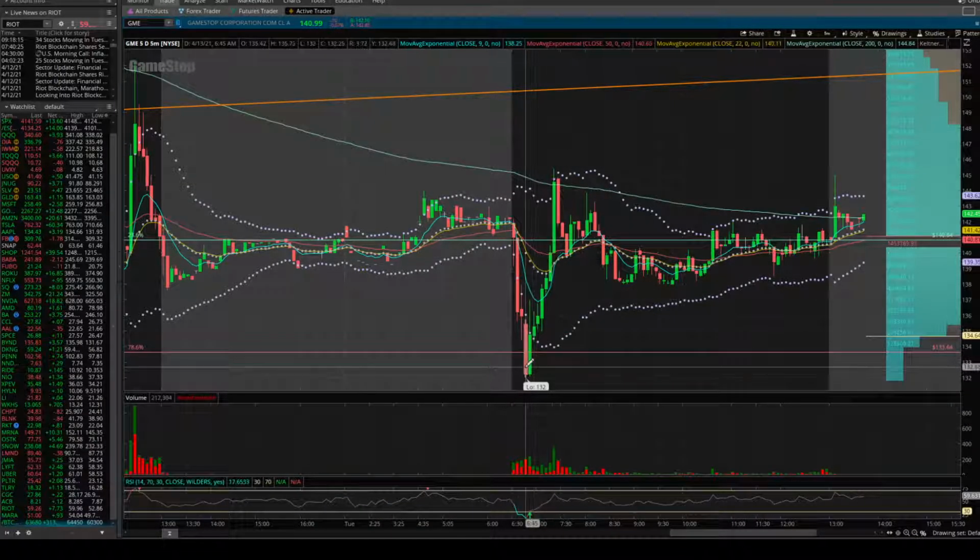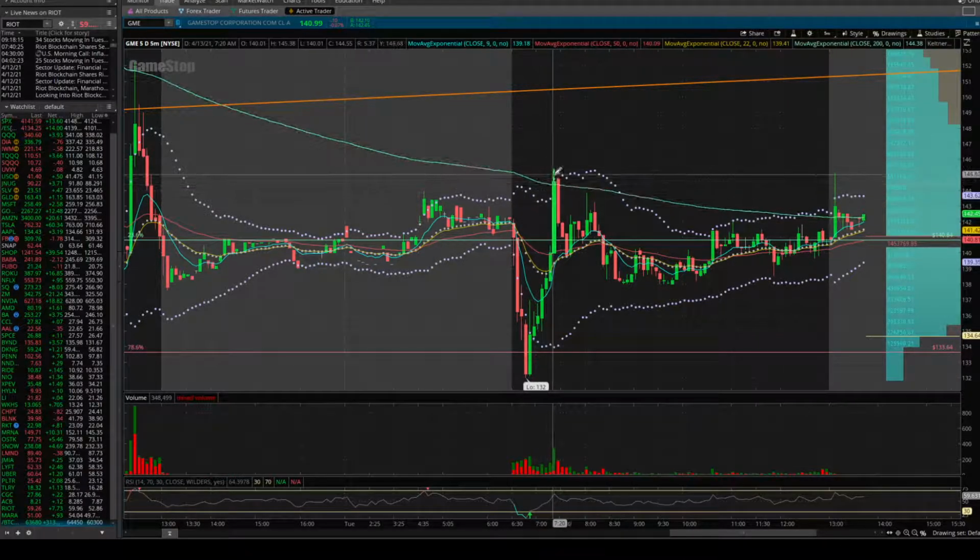See, you got that quick sell-off in the morning, right? That quick push down to 132. Buyers come in pretty strong, really strong, aggressive change in trend here. So first 15 minutes we get a sell-off, and then the next basically 45 minutes pushes back up, but we can't get over the 200 EMA, and that's basically acted as overhead resistance for the day, except here after hours we poked through, got some decent volume after hours. Wick us all the way up to 145, basically forming a double top at that 145 area,